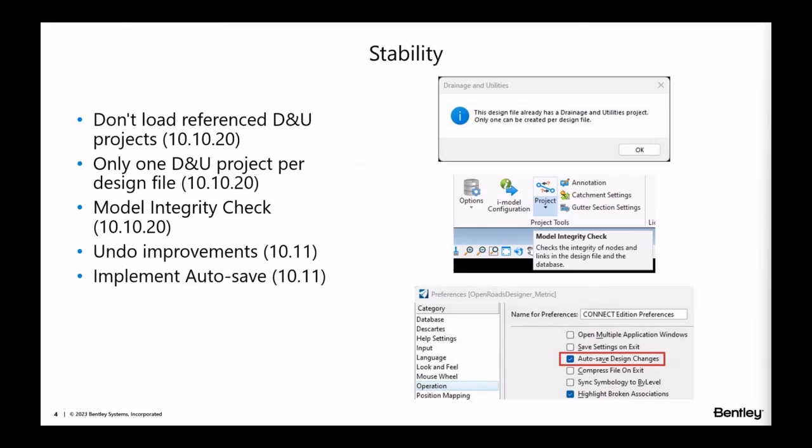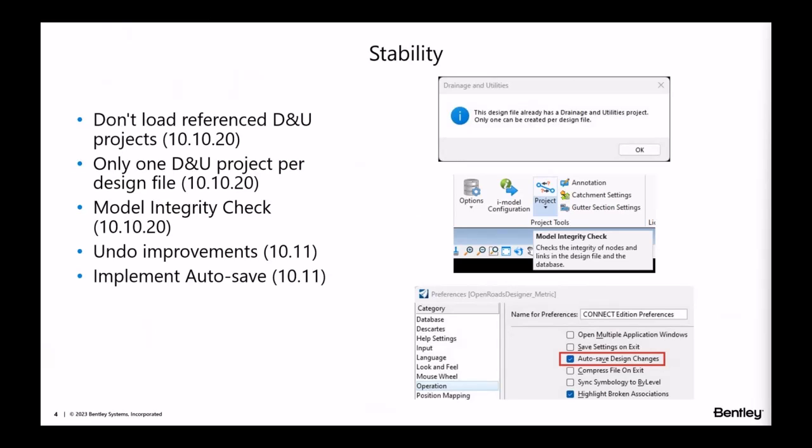This change also improved the time it takes to open drainage DGN files, especially if you're using ProjectWise. For the reference databases to load, they first had to be extracted from the DGN, which was pretty slow. We've heard some examples where users were waiting 5 to 10 minutes for a drainage file to open. And this was the cause, so we've taken that time to improve some of the drainage, especially if there are multiple drainage databases in there. We made that change so that now only one drainage database can be in a DGN instead of one per